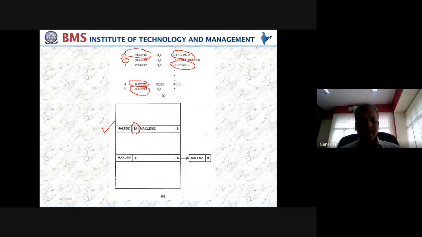Offset is a label which is currently undefined because it depends on one forward reference. &1 talks about the number of forward reference labels. Okay, one reference. What is that? That is nothing but maxlen by 2. So you are going to write the actual instruction or label followed by the number of interdependencies and what they are. And we are putting 0 because you don't know the address of it.